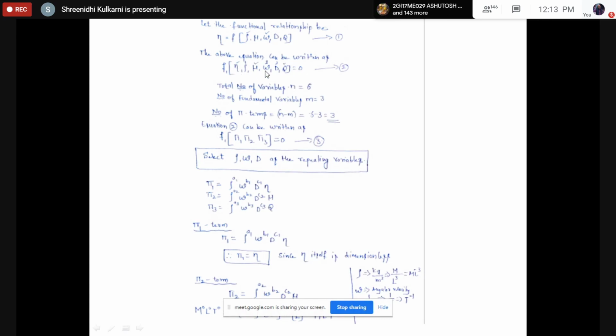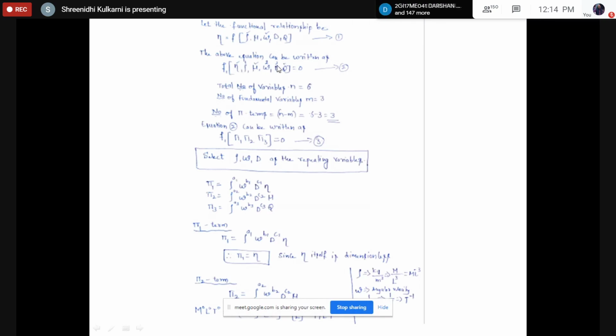In this equation 2, first, rho I am going to select, it is a flow property. So rho is 1. Another one is a fluid property, 2. And another one is the diameter d, which is the geometrical property. So that's why here I selected 1, 2 and 3. Instead of this, you can select mu, this is not an issue. But always for the repeating variables, one from flow property, one from fluid property, another from geometrical property.